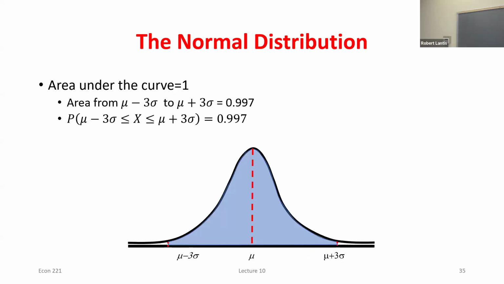3 standard deviations, 99.7%. So, most of your econ majors, do you know any Kelly students though? Have you ever heard of 6 Sigma? With companies and businesses, they want to be so precise with things that they take things out to 6 Sigma. So 3 Sigma is already giving us 99.7%. 6 Sigma would give you basically 100. You're almost guaranteeing that there's going to be nothing outside of your range.